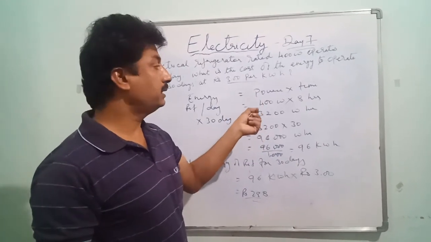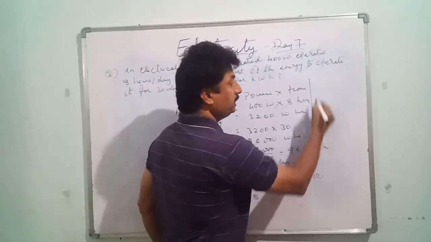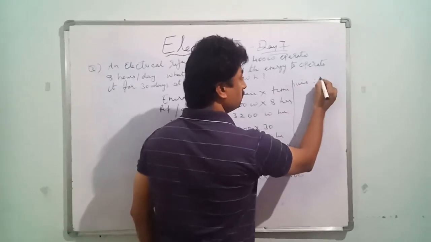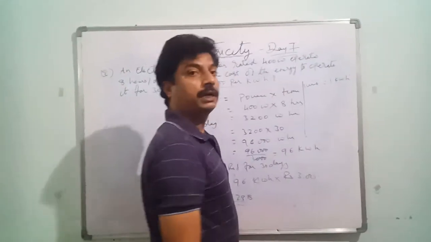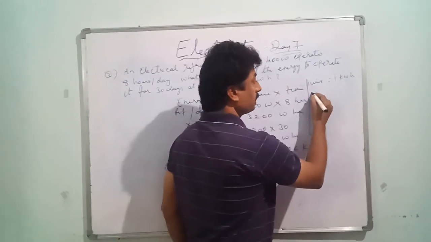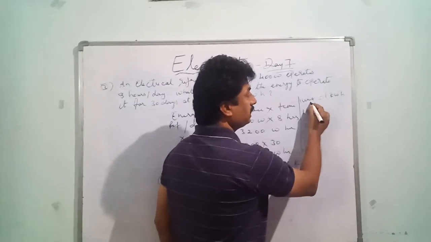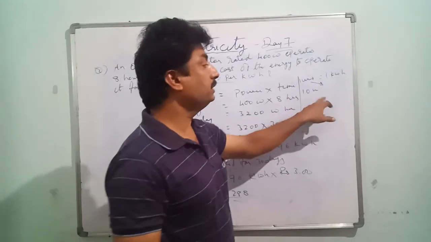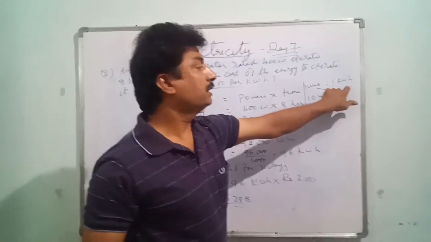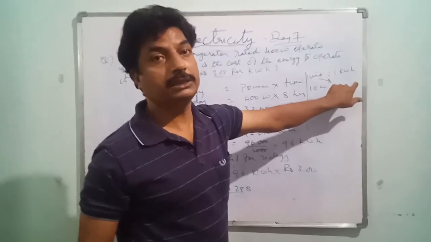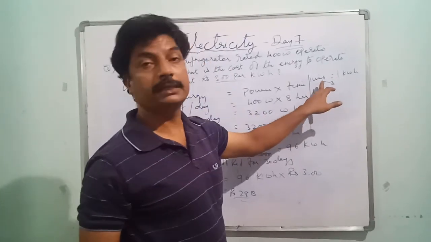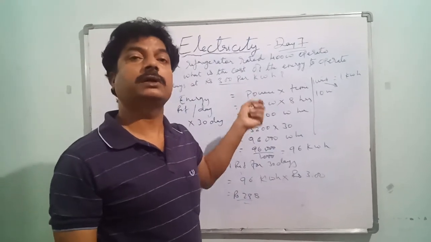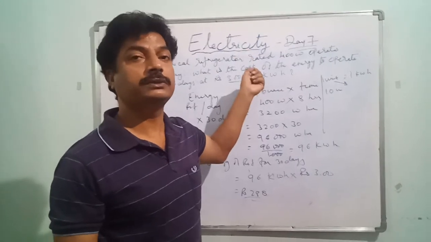In electricity bills also, you can take how many units have been used. 1 unit is equal to how much? 1 kilowatt hour. So if it is 10 units, per unit the rate will be given, like 3 rupees, 5 rupees. According to that you need to multiply. Before that, whatever is given, you have to convert it into kilowatt hours. Then you multiply by the rate and you will get the total amount for the energy consumption. So this is how you have to do it.